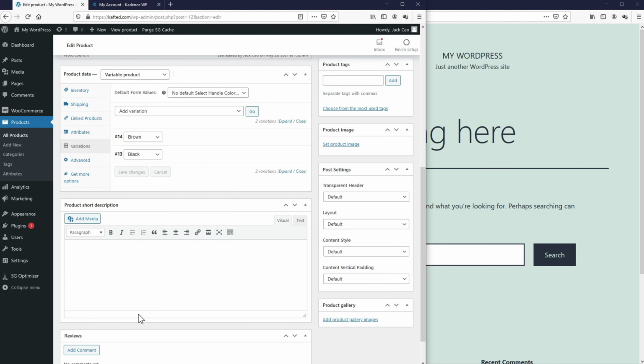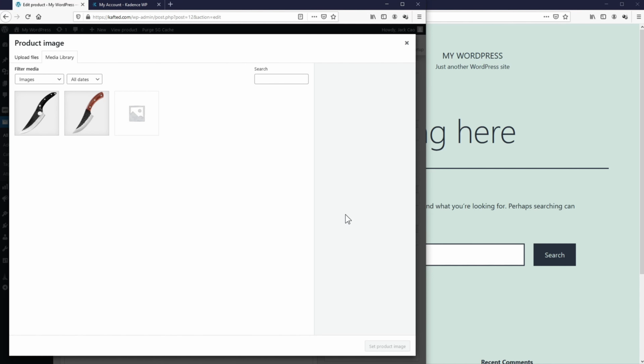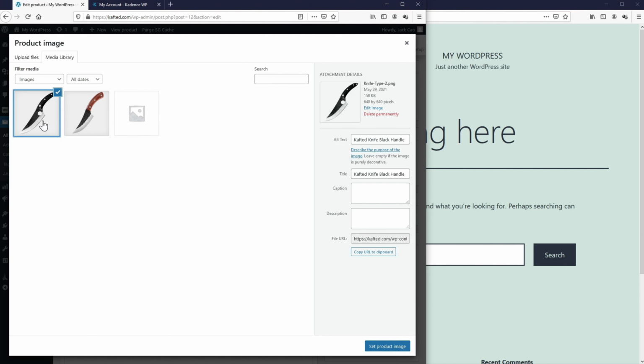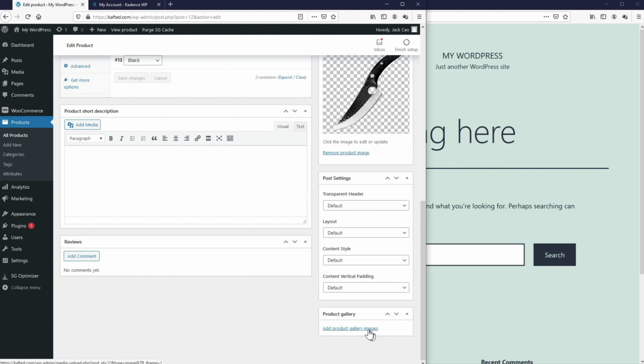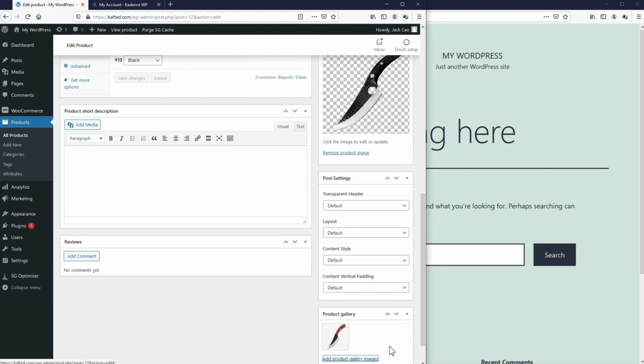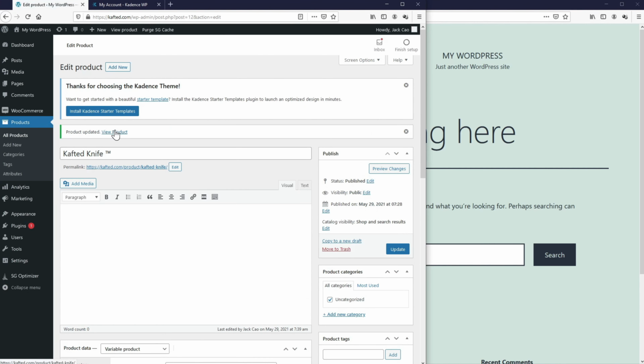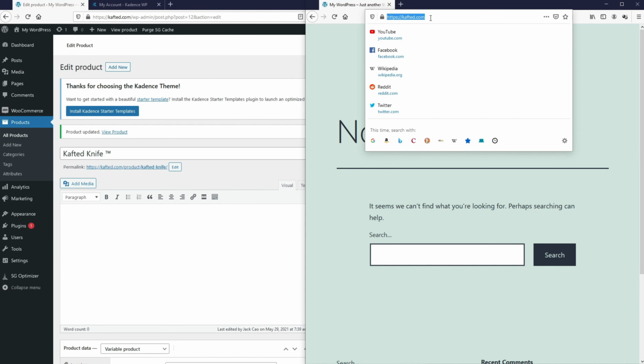And now let me set a product image. Let's go over here. Let's set product image. And let's say by default, I want this to show as the first image the customer sees on the product page. So let's set this as the product image. And then let's add another image to the image gallery. Let's select this and add to gallery. And we are basically done. Let's update this. And let's copy this link